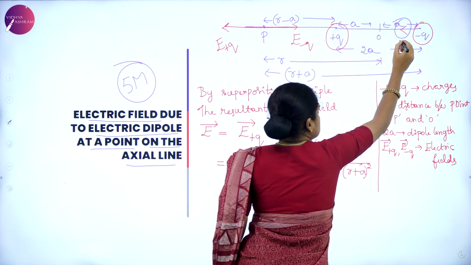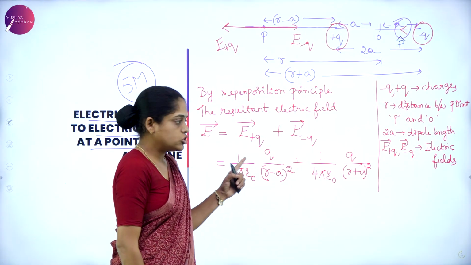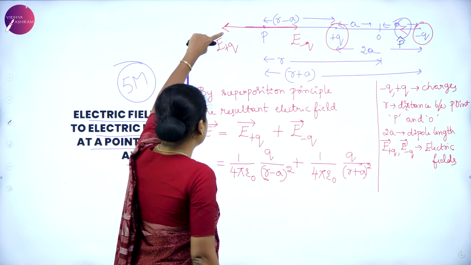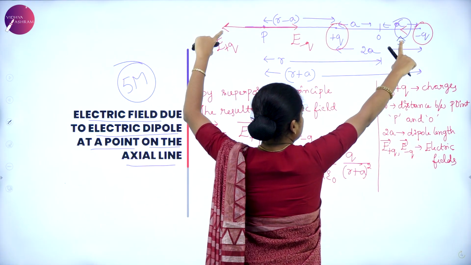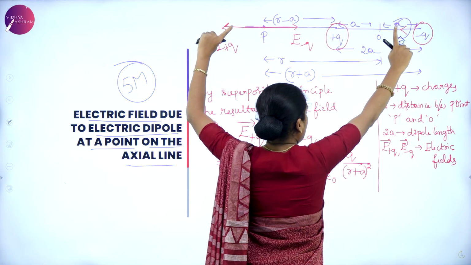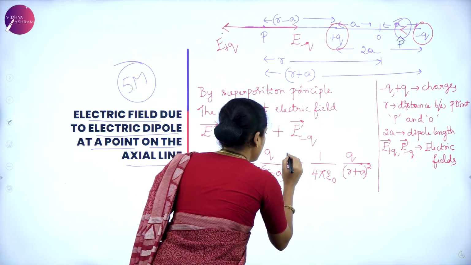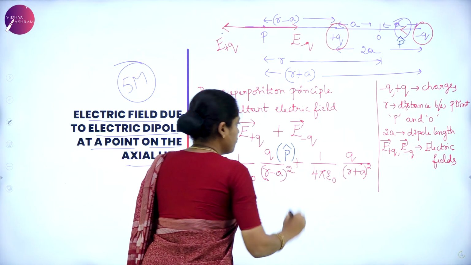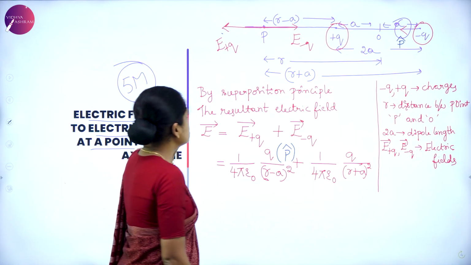Yes. So this is P cap. What is the direction of electric field due to plus Q? Look at the diagram. Electric field due to plus Q with respect to the electric dipole moment, both are in the same direction. Therefore, we have to consider plus P cap, which gives the direction of electric field due to plus Q.